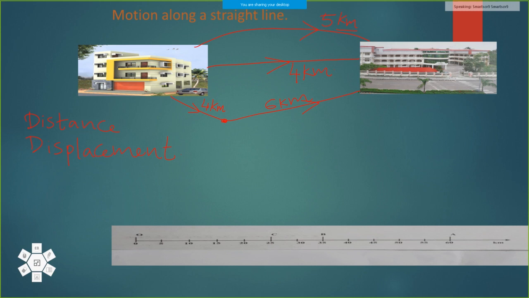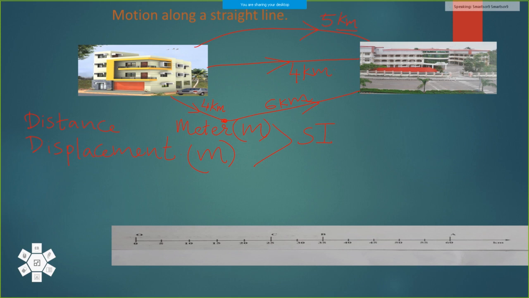So, we can measure distance in meter. And meter is notated as small m. Displacement is also the shortest length between the initial and final position. So, it is also measured in meter. That is, the SI unit is meter. SI, System International Unit, or the standard unit of distance and displacement is meter. Both have the same unit because both are lengths.